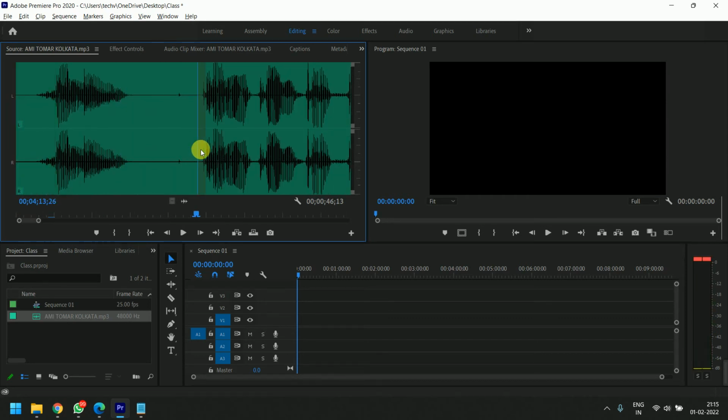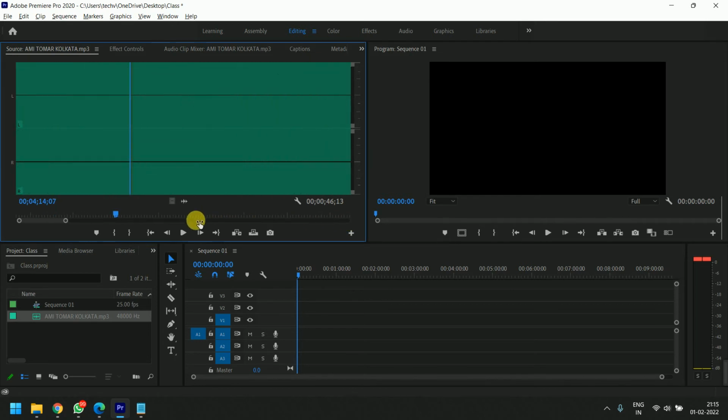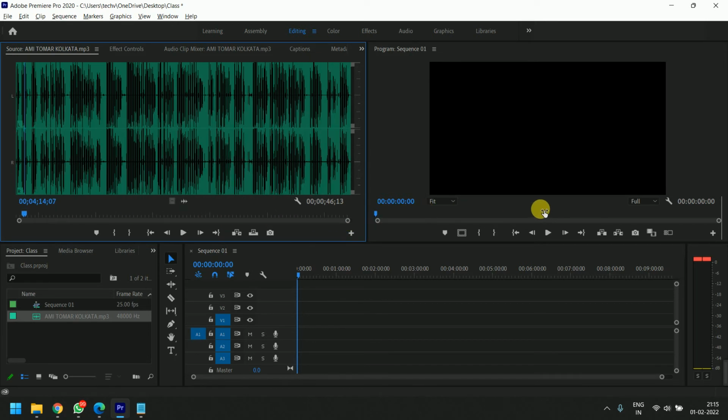Press space bar. For the minus, you can zoom out, so you can zoom in and zoom out from there also. This zoom in and zoom out is not for the footage or the audio. It is zoom for the timeline only. It's not working on speed and duration. It's working only on the zoom part. It is like a lens to zoom.